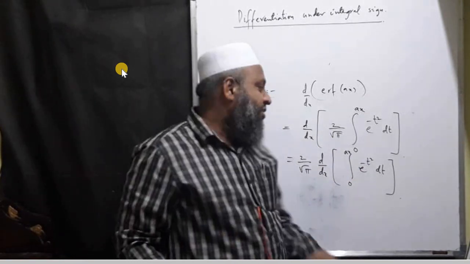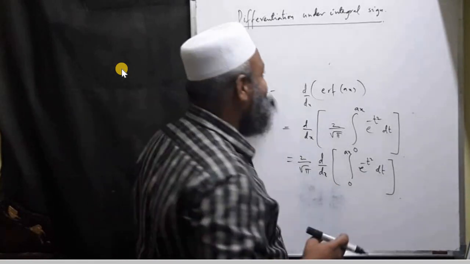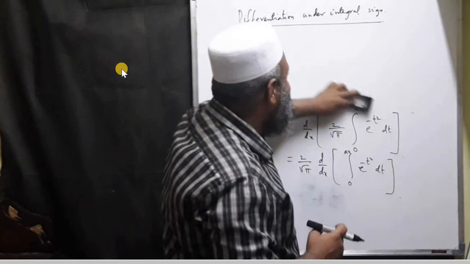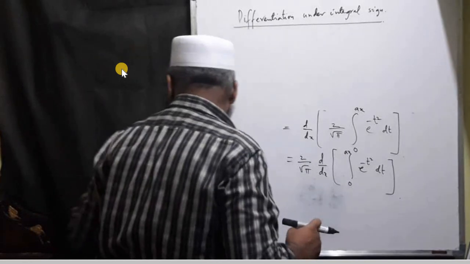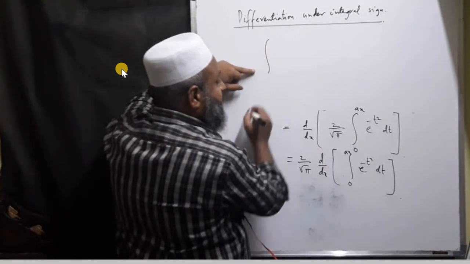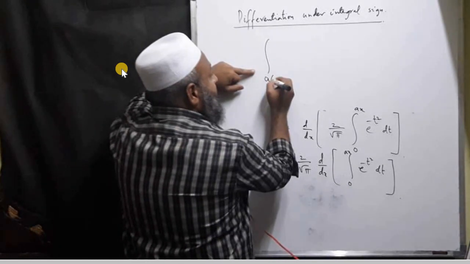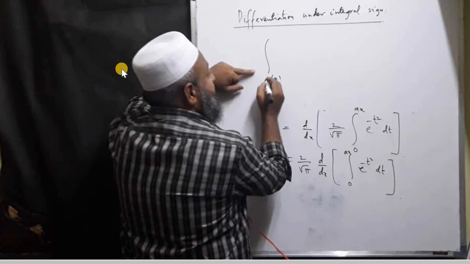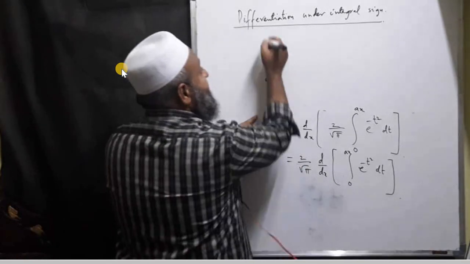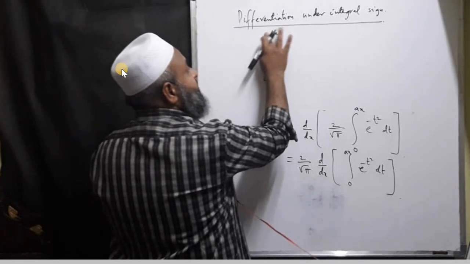So differentiation and integration, that particular sequence we are changing. It is not that you just write this integral here and d by dx here. It's not so simple. Okay, let us see what rule is to be applied. In general, it looks like this: the limits go from a of x to b of x, or alpha of x to beta of x.